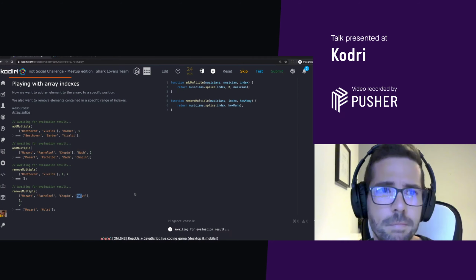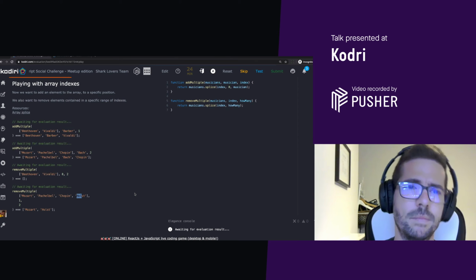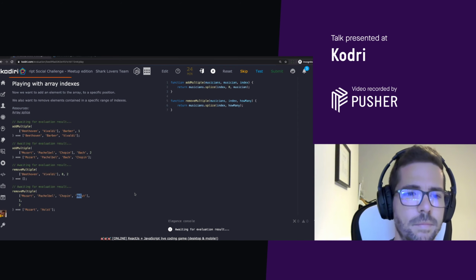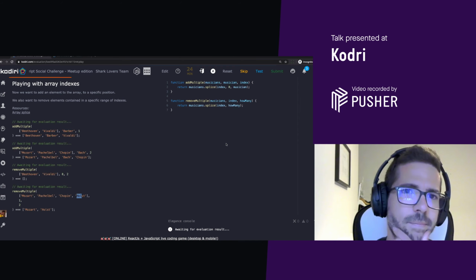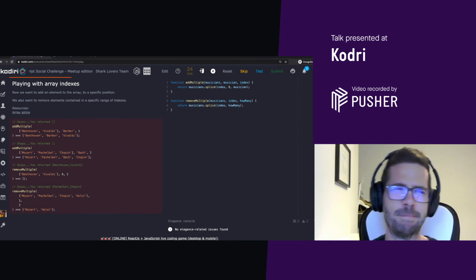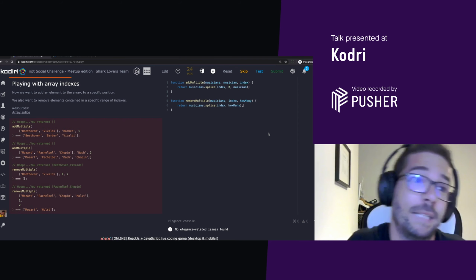No, because of the return. So I feel like because we're not actually modifying the array, we're creating a new version of the array. So we'd need to do the splice and then return musicians afterwards. That's right, Lauren. Look, splice is very powerful, but it's a bit tricky sometimes. Splice, careful here, returns the list of removed elements. Personally, I believe that's a bit controversial, but that's the way it works, right?